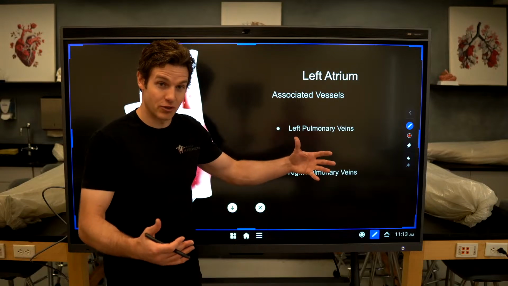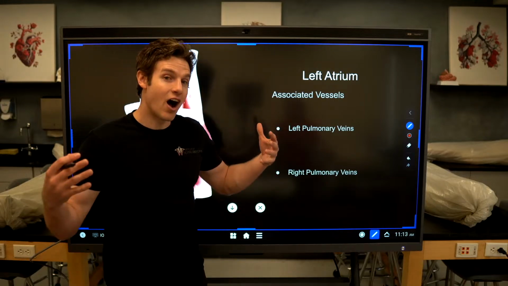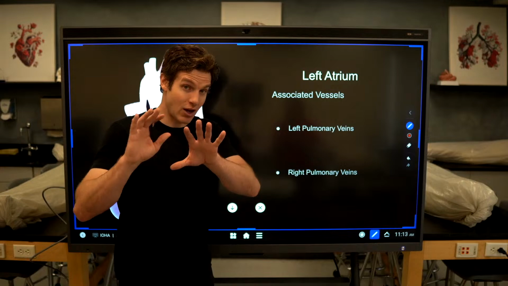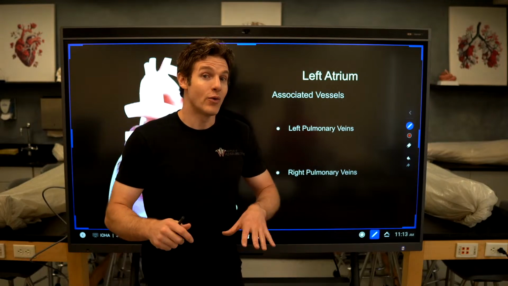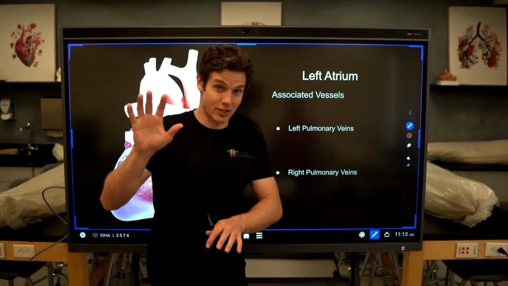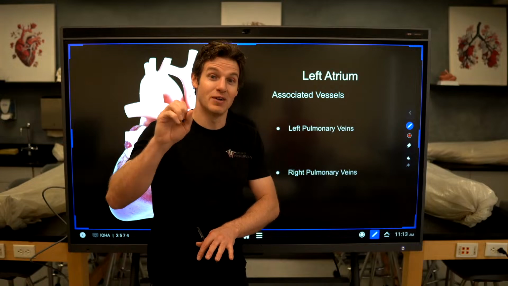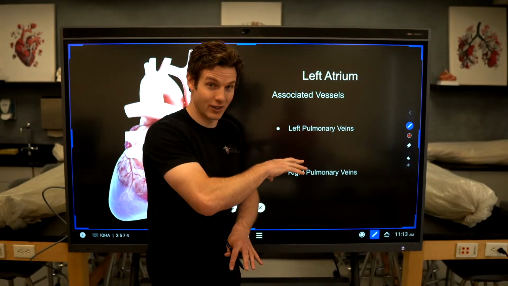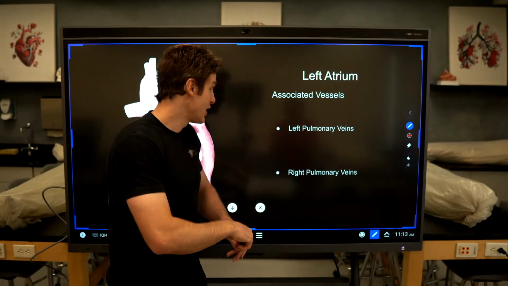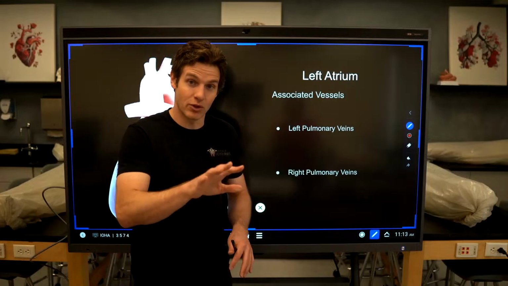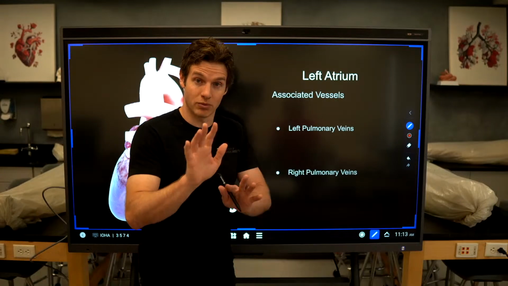Pulmonary just refers to the lungs. So we're bringing oxygenated blood back from the lungs. And now just keep in mind, if you haven't heard this before, we have skipped some steps because we're going to find that we go from the right atrium to the right ventricle, then to the lungs, reoxygenate the blood, and bring it back to the left atrium. So we skipped those steps with the right ventricle and the lungs here,